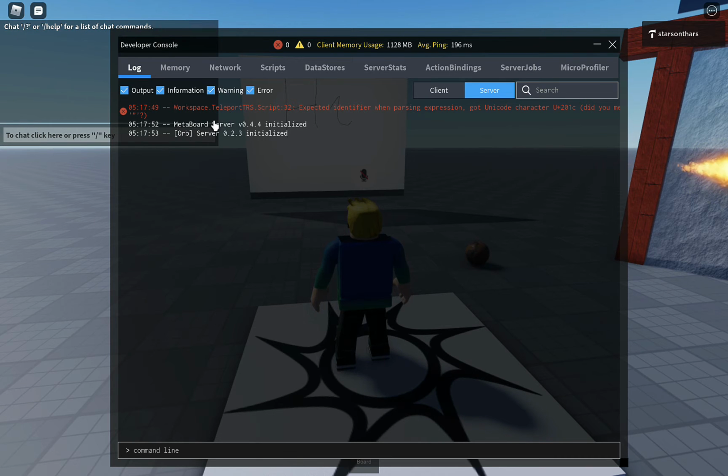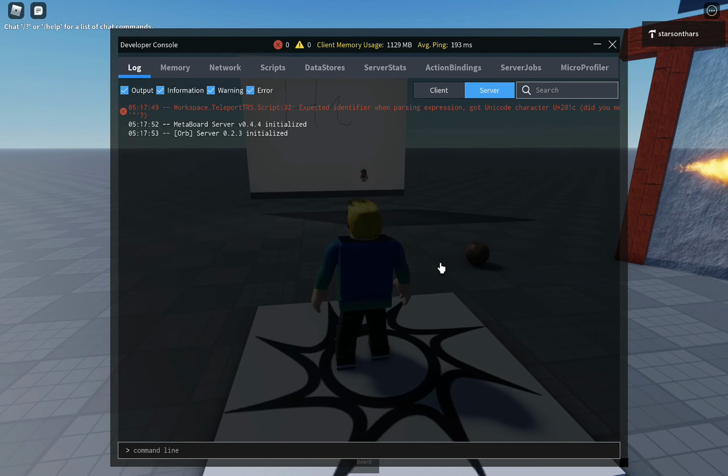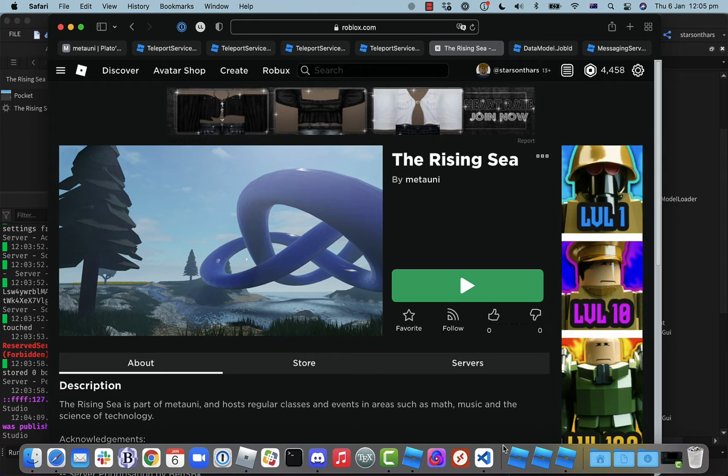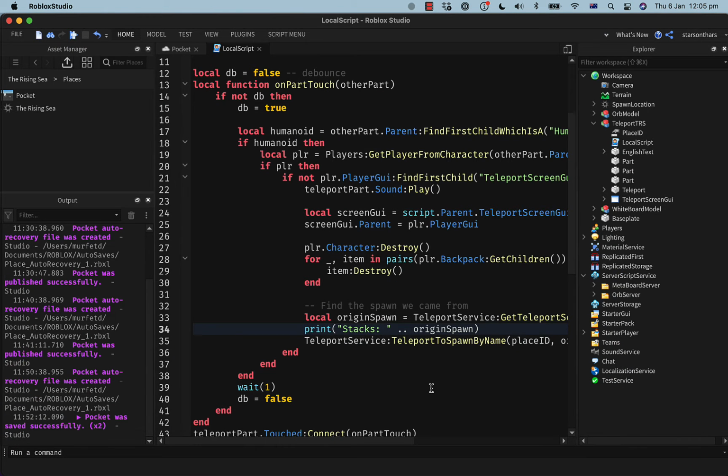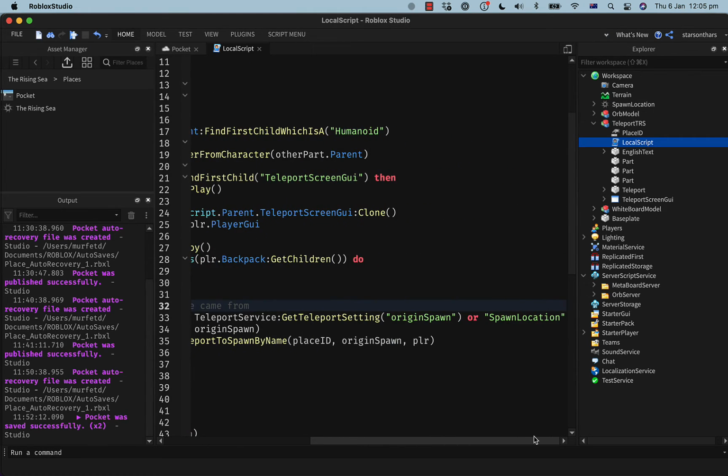What? Teleport Terror script. Okay, I typed something strange. Oh, well. It said line 32. Is that the wrong script? Wasn't it in a script, not a local script, right?